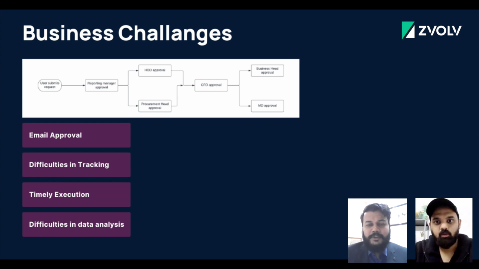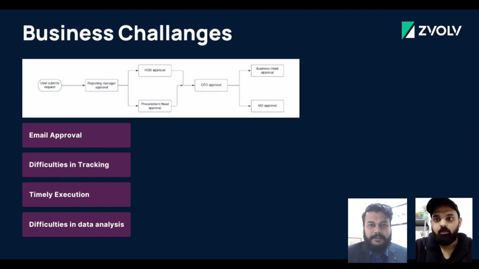Okay. Now, in this process, Sid, what we have done is this entire process of approvals being done over emails was causing a bit more of a turnaround time. So to make it better, currently, if within the request form a request is under the category of budgeted, then after the HOD and procurement head approval, no further approvals are needed. The request is deemed as approved as soon as both HOD and procurement head give the go ahead for the same. Understood.